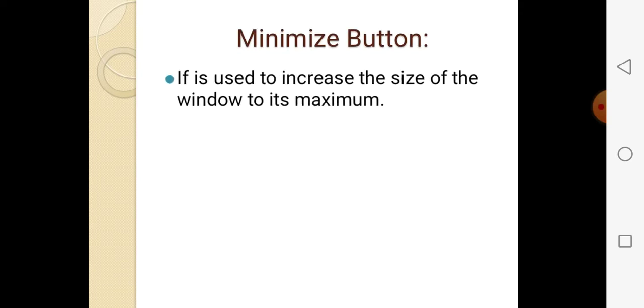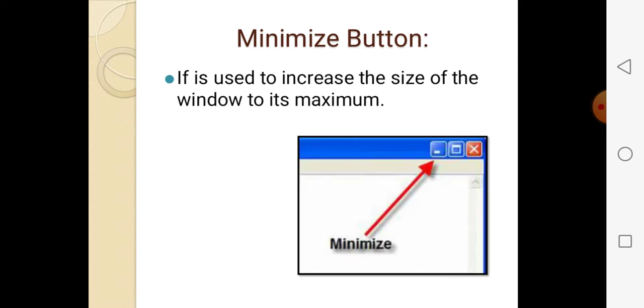Then after, the minimize button. It is used to increase the size of the window, to its maximum, or to resize it, increase it or shrink it. You can use this button. See,